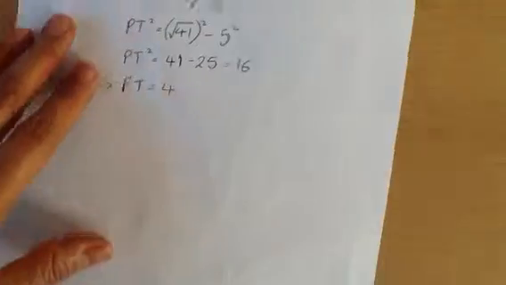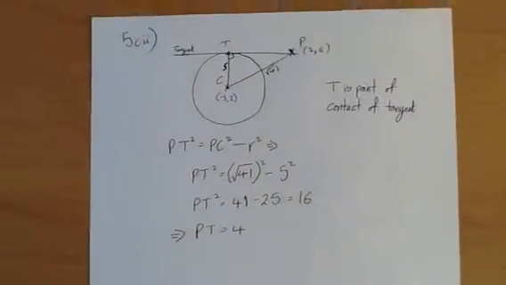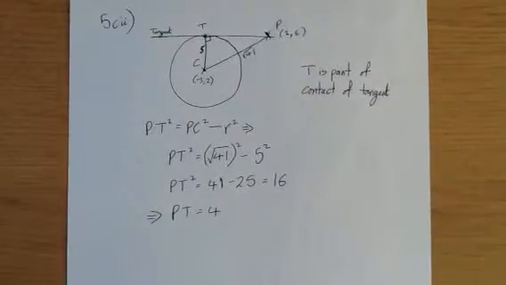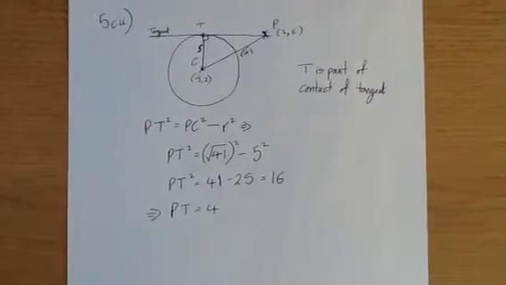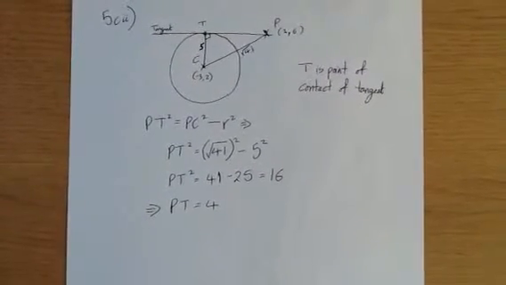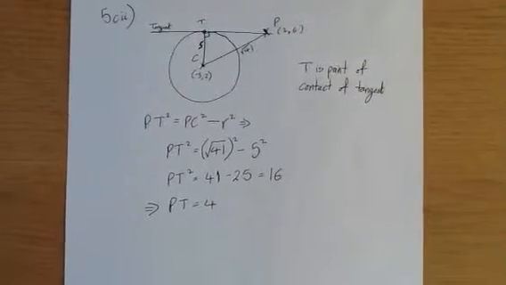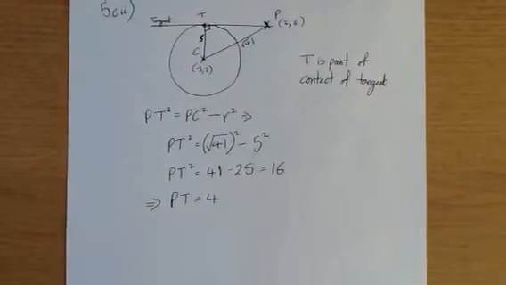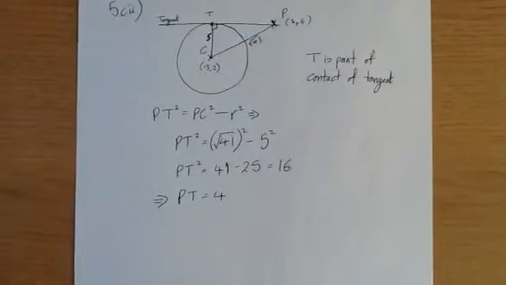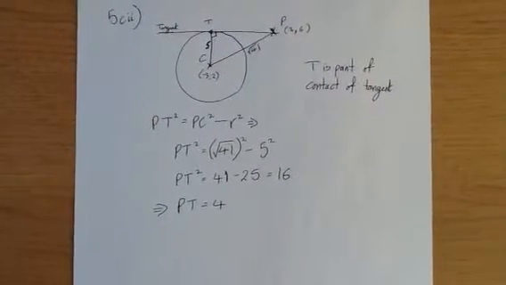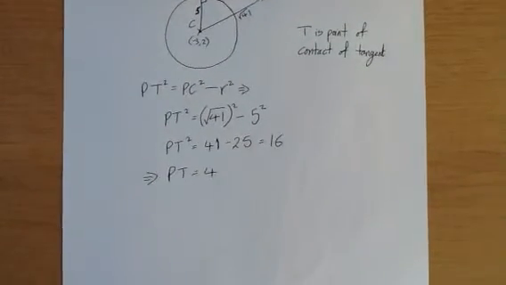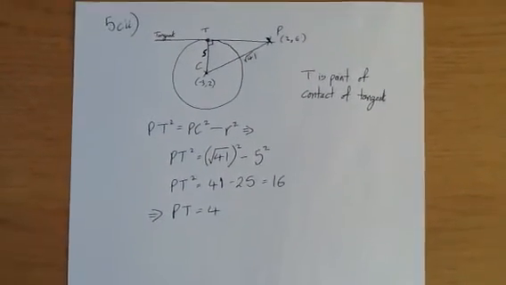And for the final part of the question, again, I always find a sketch is helpful, and if you were to draw a little sketch, you'll see that you've got a right angle triangle. You know one of the short distances is 5, the length of the diagonal is the square root of 41. I've actually taken T to be the point of contact of the tangent to the circle, so PT squared is equal to PC squared, subtract R squared, and if you put your values in and evaluate, you'll end up with an answer of PT equals 4, and that gains